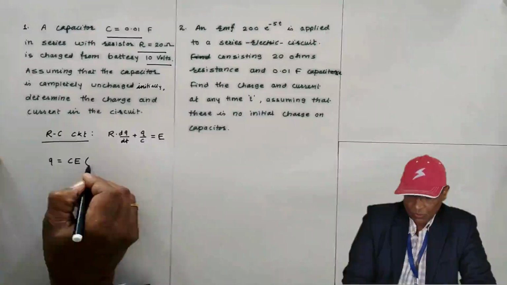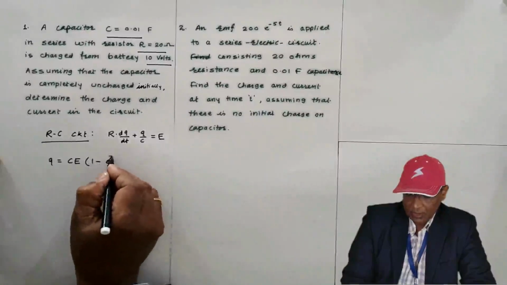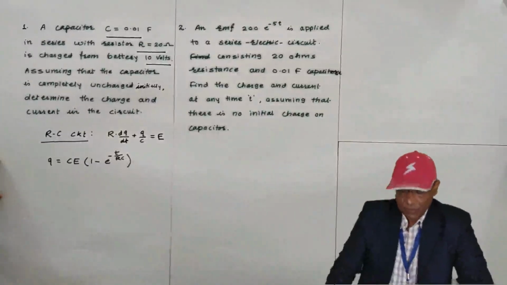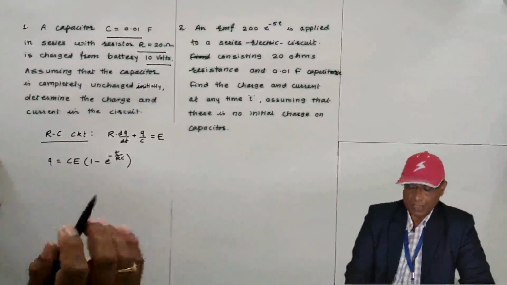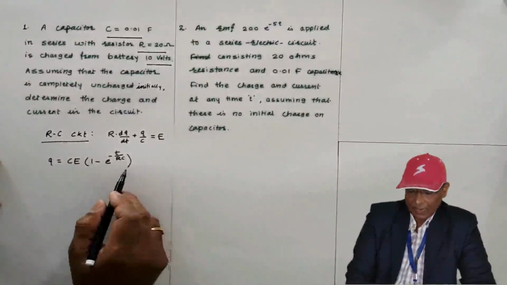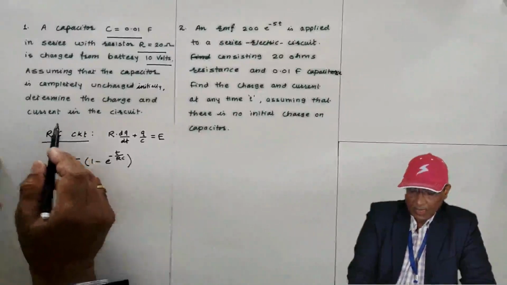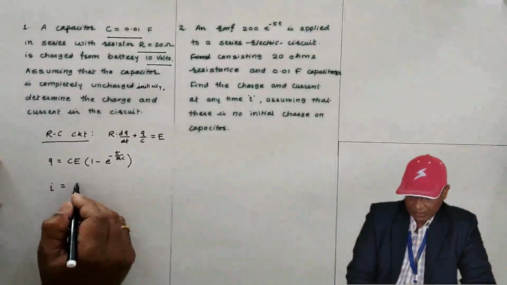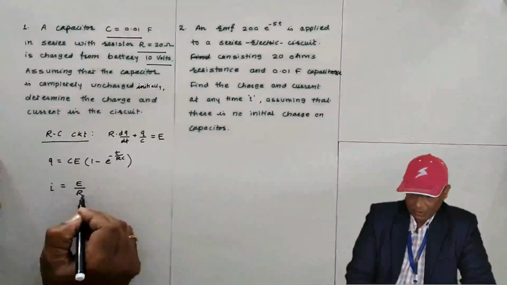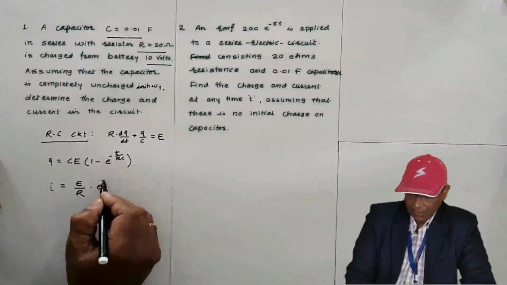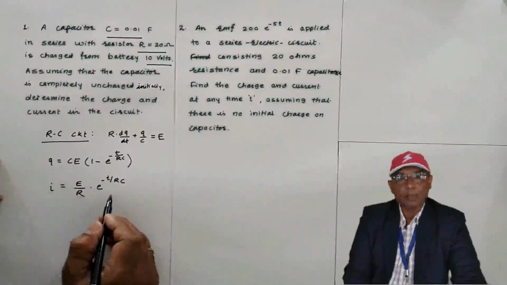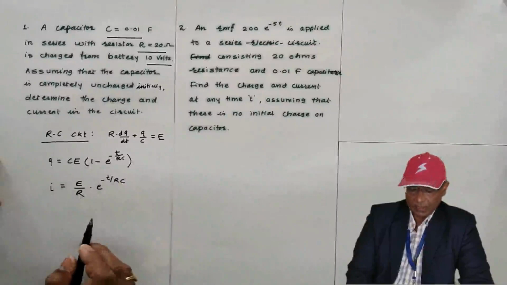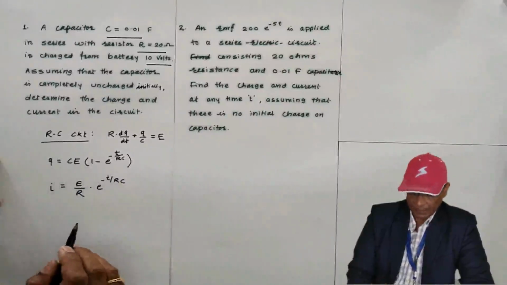and by previous problem, value of Q I am writing directly. CE multiplied by 1 minus e to the power minus T by RC. This I have written here directly, because earlier we have solved it. In examination, how this has come here to present. So this is charge on the plate at any time t, and the current at any time t I have to find. Take derivative of this, and you will get E by R e to the power minus T by RC. This is current at any time t. This is charge on the plate at any time t. Okay, the proof of this you have to present in the examination, and which we have done earlier.